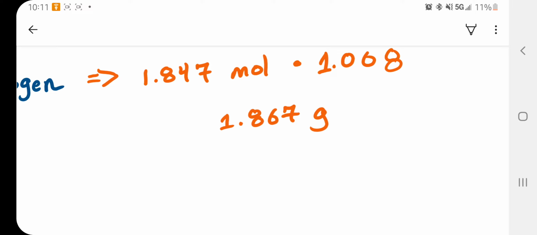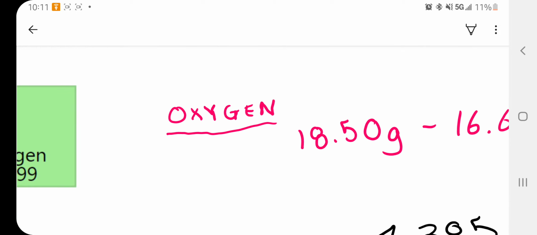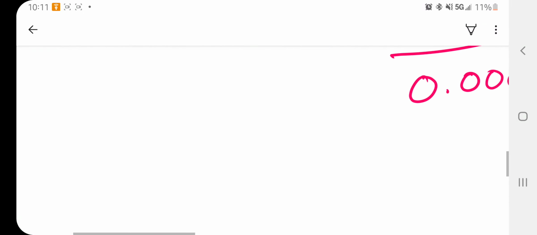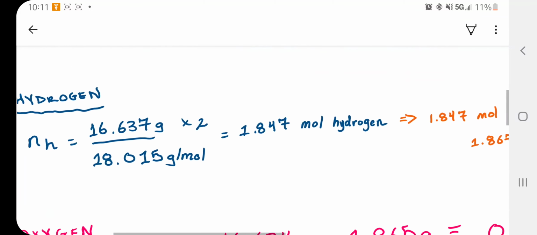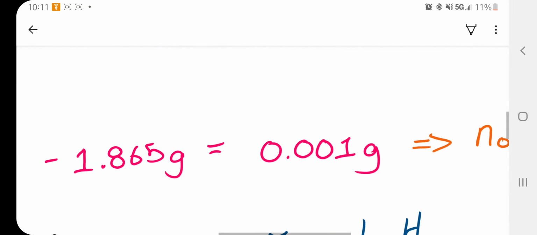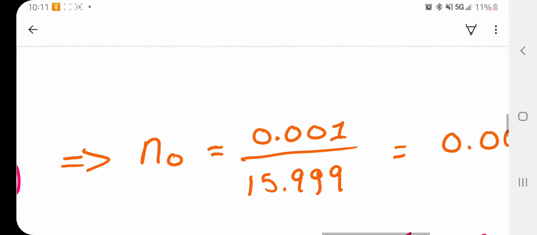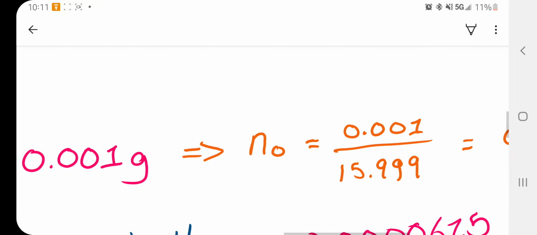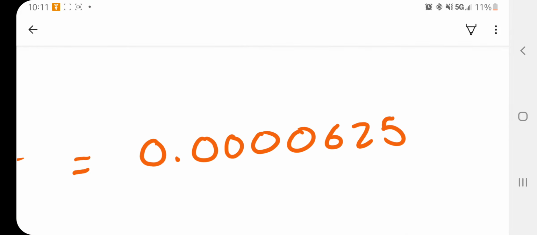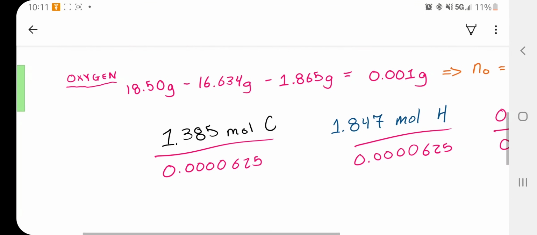Then the mass of oxygen is found by taking the 18.5 grams from the problem and subtracting the masses that we have found for carbon and hydrogen, getting 0.01 grams, and then finding the moles by dividing the mass by the molar mass in order to get 0.000625. We then continue by